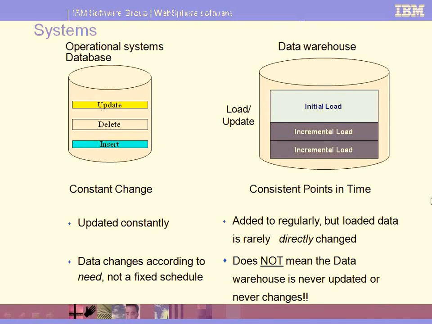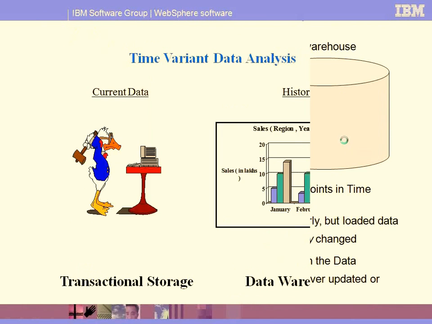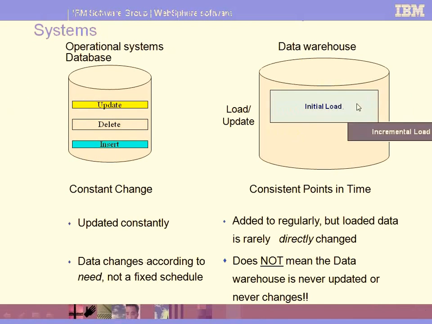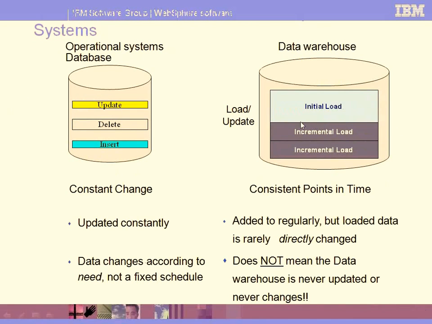What is this initial load? It means the data which we are loading for the first time into the data warehouse database. Simply we can call it initial. And the incremental process means the data we already have in the warehouse, we compare with the current data and process it. That is simply what we call an incremental load. So there are two types of load we generally follow while loading data into the warehouse: one is initial load and the second is incremental load. These are the basic differences between